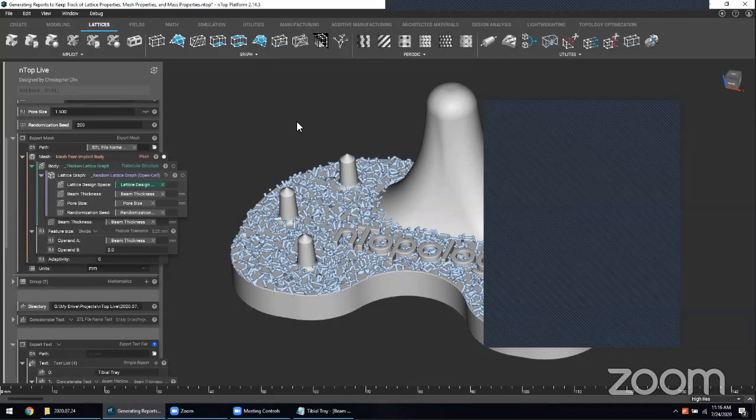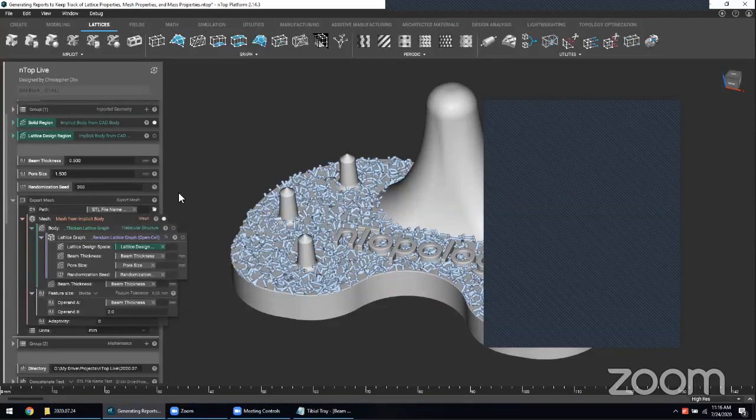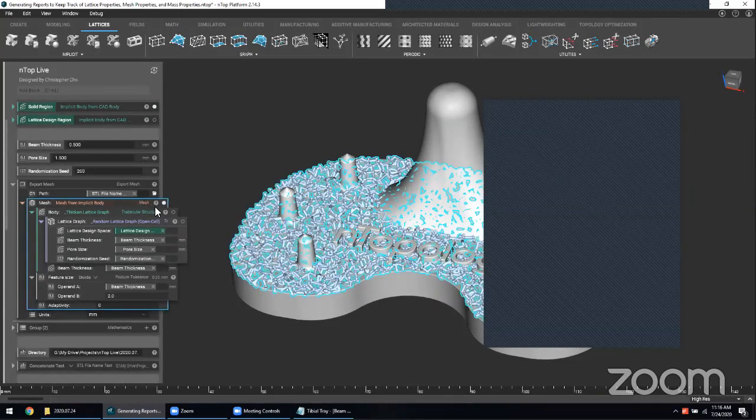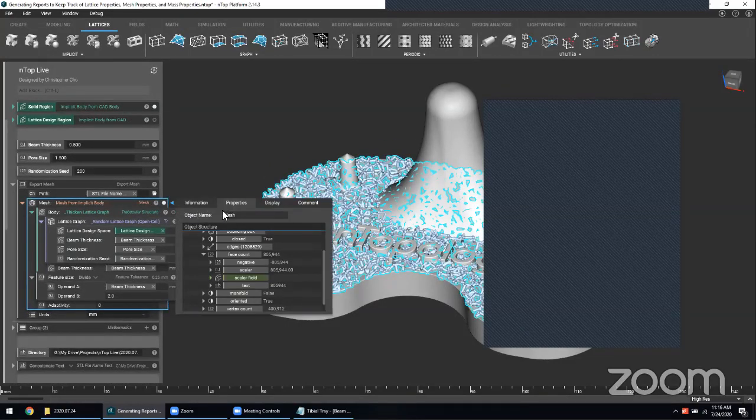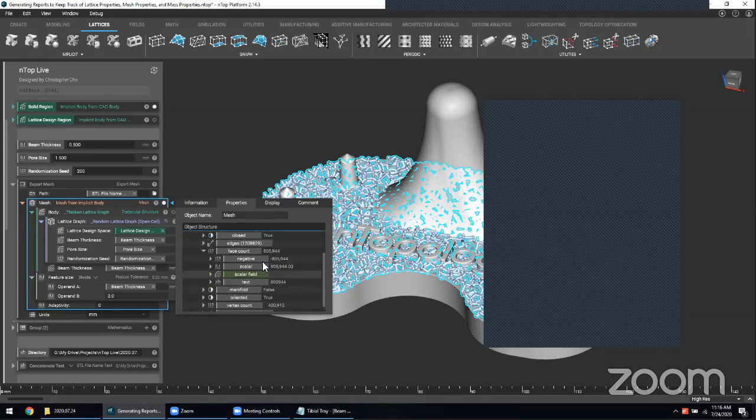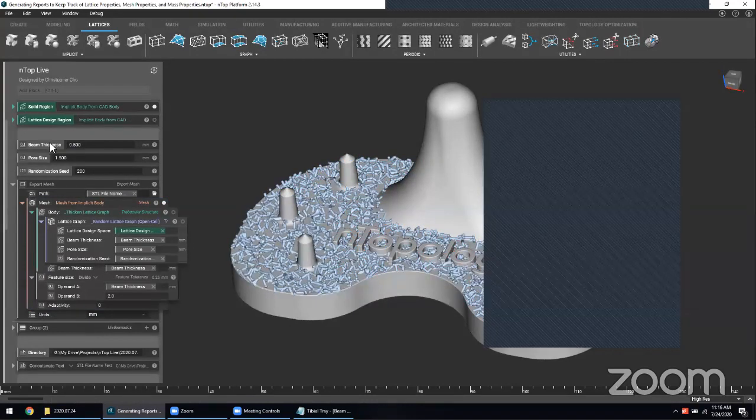There was a follow-up to that same question asking if it is the same value. That's a good point to bring up. So in the case of the mesh, if I bring up this properties tab again, you'll see that if the face count is 805,000, the text will reflect that exact same number, right? Because it's just counting a specific number that's like a property intrinsic to the mesh itself. But if you notice with something like the beam thickness, where it's 500 microns or 0.5 millimeters,